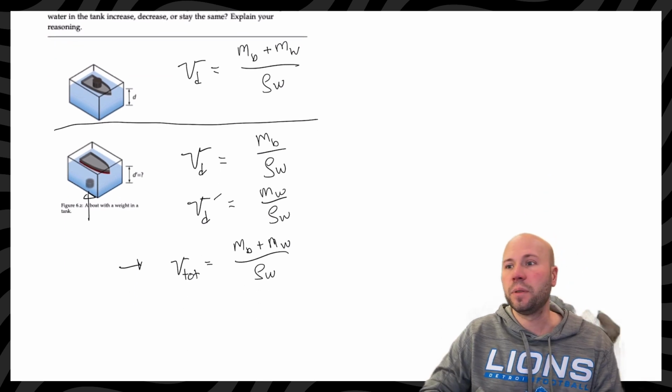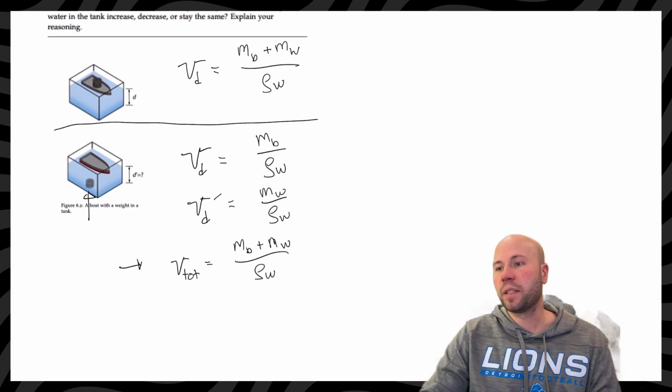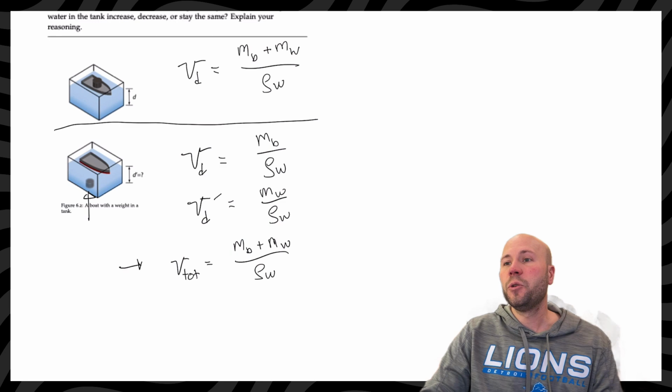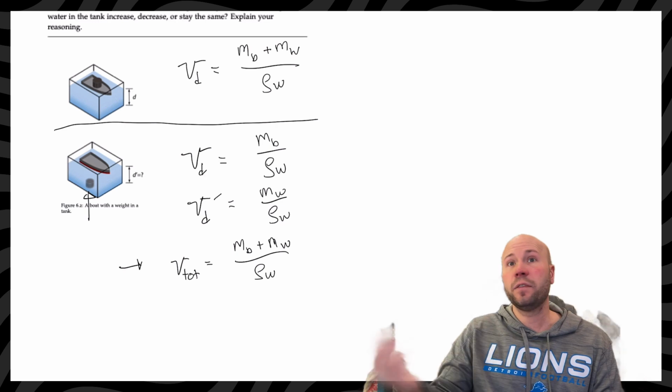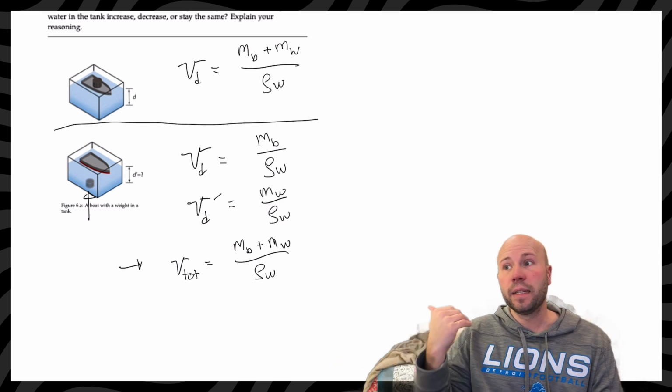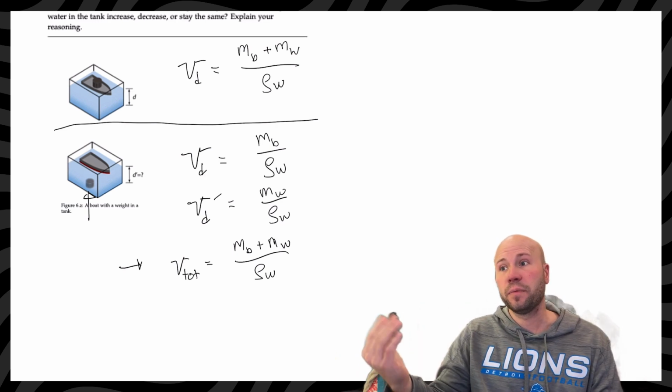So that is an example of using Archimedes' principle to calculate what the buoyant force might be. And that buoyant force is going to be equal to the amount of water mass being displaced times the gravitational acceleration. That's pretty much